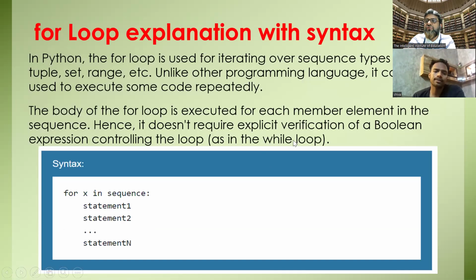Now here, that is called a for loop. Basically, for is our keyword. See the syntax here: for x in sequence. x is a variable, and in is called the membership operator. The sequence is the given numbers or range, how many times we are going to run it. Then you have to write the program statements 1, 2, 3 up to n times. According to the condition, it will execute. Is this clear?